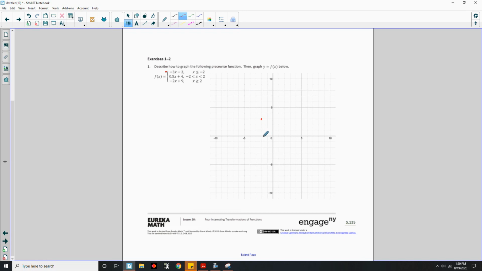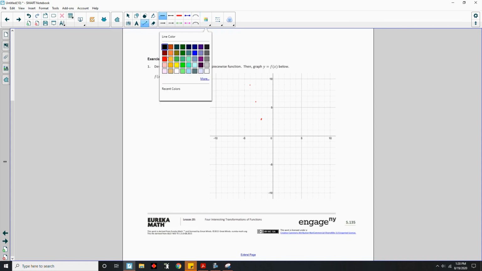Then I'm going to go to -3, because we're going less than. -3 plugged in here would be -3 times -3, which is 9. 9 minus 3 is 6. So -3 would be up to 6. And then if I chose another value, like -4, -4 times -3 is positive 12, minus 3 is 9, and that would be right here. So then I would draw a line to connect those,